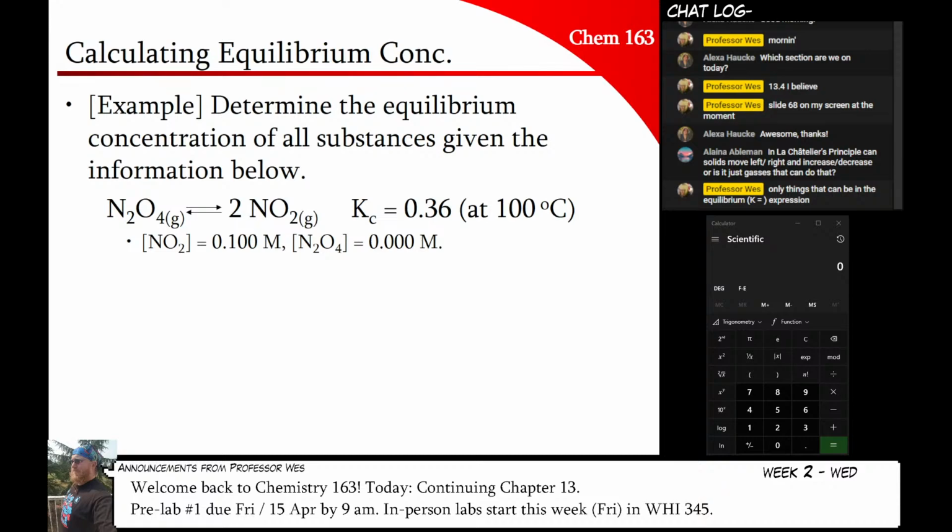But on Friday at 9 a.m., we're going to do our first experiment. So experiment number 1. You need to be present in Whitehorse 345 at 9 a.m. Please try very hard not to be late. I realize that 9 a.m. is prime traffic time. Leave a little bit early. I'm definitely going to leave a little bit early because I have to print stuff off before class. So my plan is to get there at like 8:15, 8:30. Yeah, we'll get started at 9.